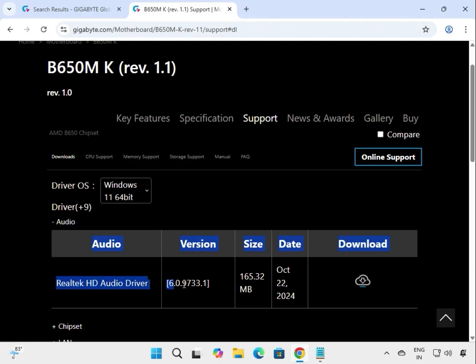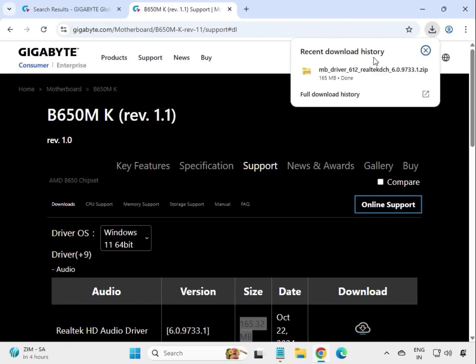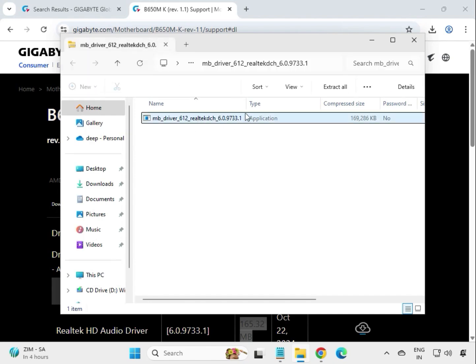Audio driver, audio, so this one, and click to download. You can see it starts downloading. So it is completed, just open it, double click to launch. And again, guys, this is an exe format. You can see this, just double click